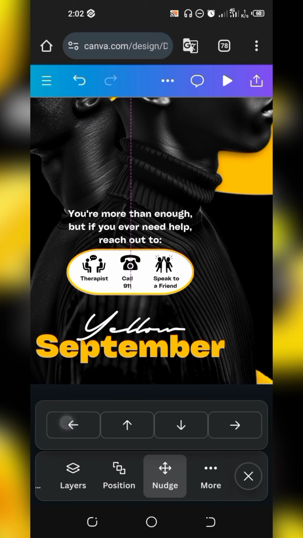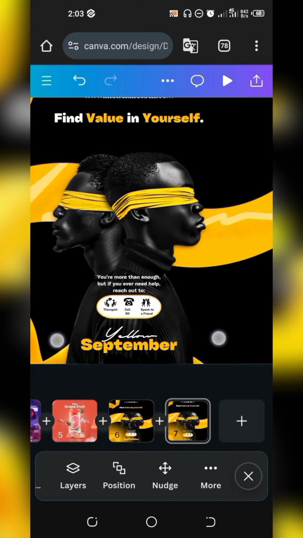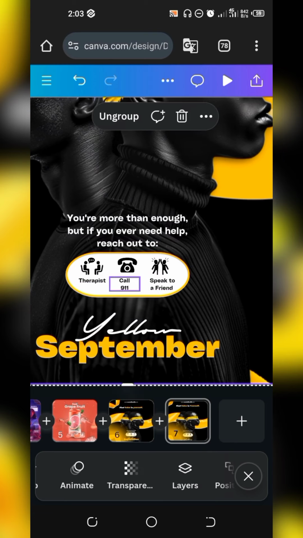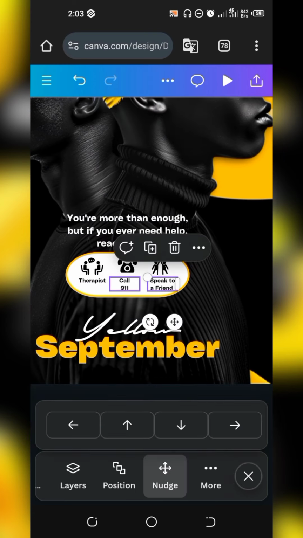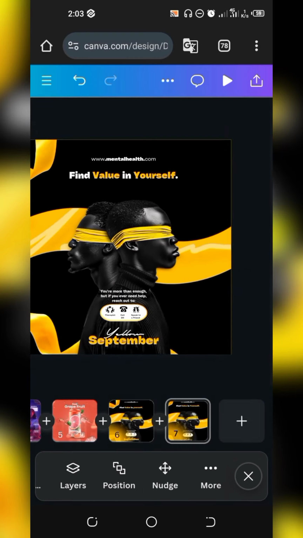Okay, I think it's at the center now. Just take it up a bit so that it will have breathing space. Then just go over to the nudge tool and nudge it like so, so that it is directly under the speak to a friend icon.